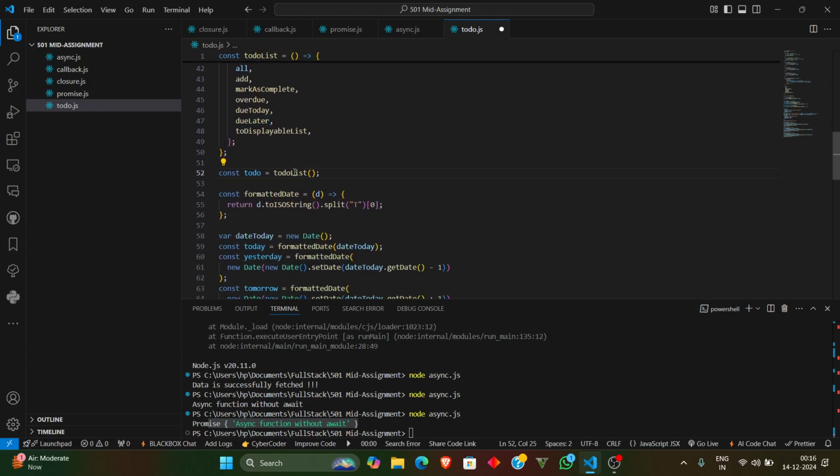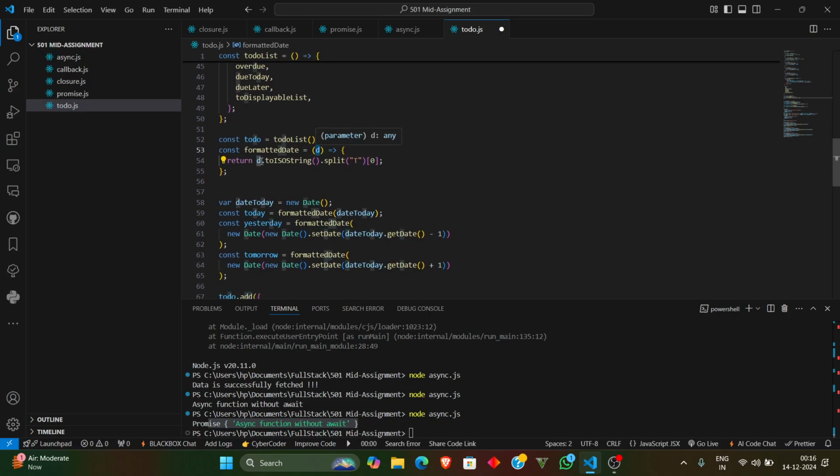Now I am creating an instance for the to-do list, a todo. Here, what's formatDate? I'm saying today, right? It needs to be understood. Today doesn't just mean today, right? It has a date like 14/12 something. So that thing is filtered where it's passing a d into toISOString, splitting on T, and taking index zero. What is this? Let's see. I'm creating a new Date. When we call the Date function, it creates an object of today's date. That object will be something like